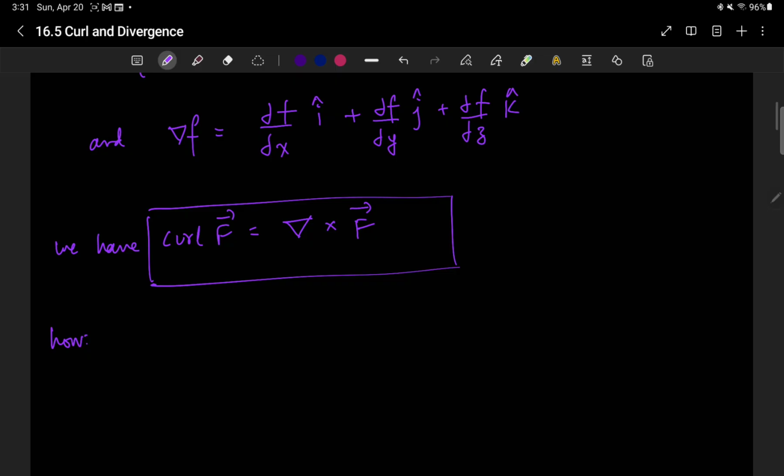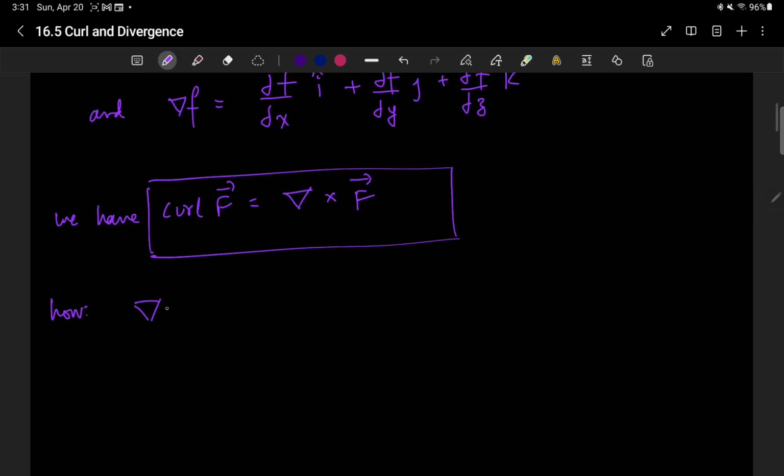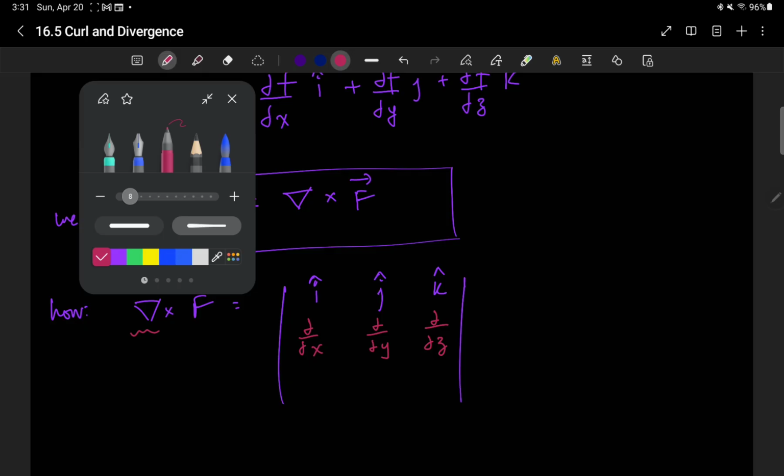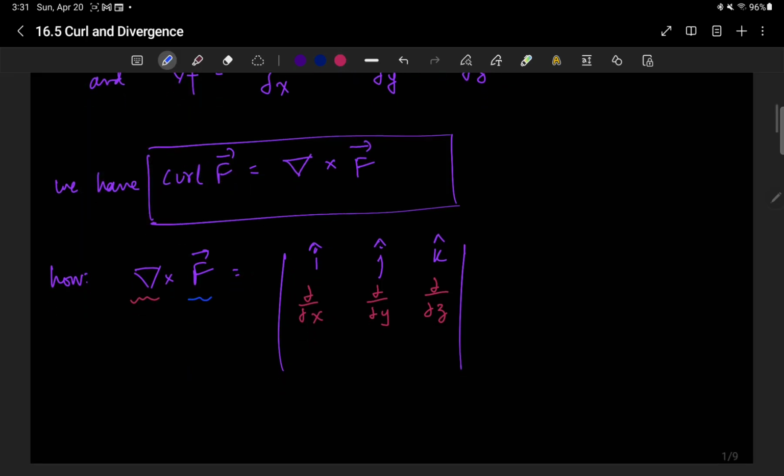How? Let's see. If we are to find the cross product, we use a 3 by 3 determinant. We always write i, j, k, and then we write the components of each vector. The components of the del vector are the individual partial operators, del x, del y, and del z. And the components of the F vector are P, Q, and R as per our assumption. And now, when you write out this